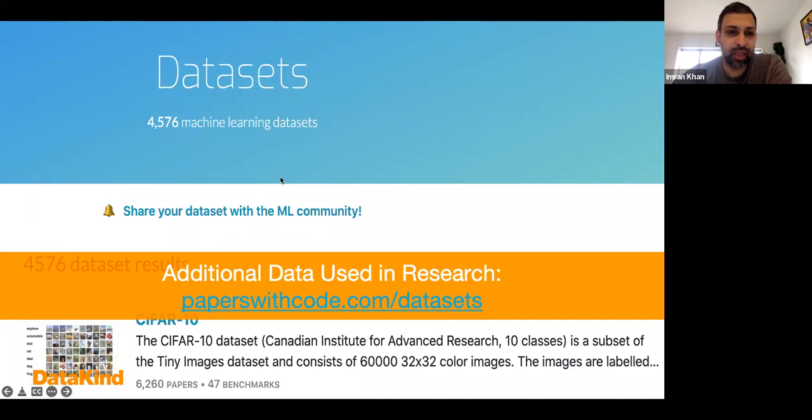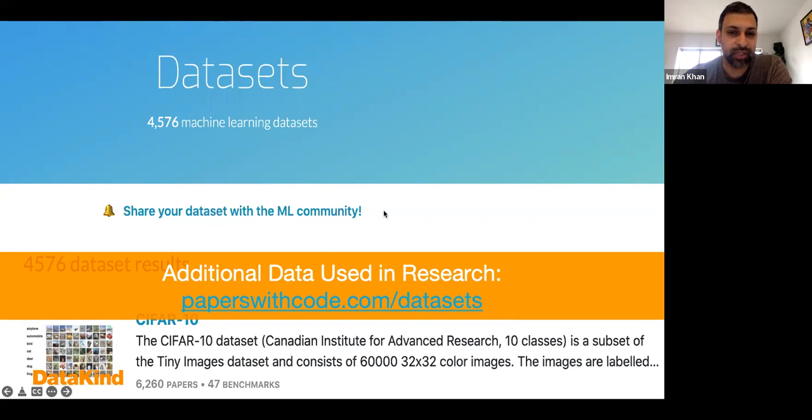This one I really like. This is an open data platform that allows you to access data that might have been relevant to some type of peer-reviewed research study. If I am particularly interested in a research paper and I'm really interested in working with data from that research paper, this is the first place I'll look. Paperswithcode.com is a great resource that allows you to access in open data form the data that a published or peer-reviewed research project might have used in their particular study.